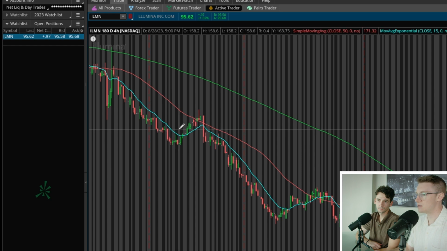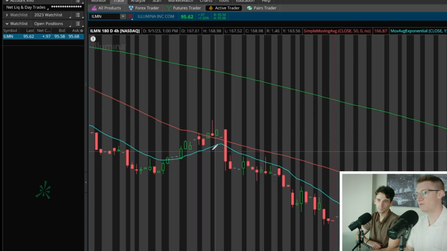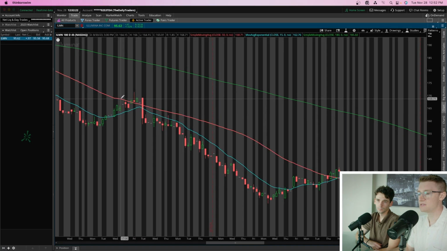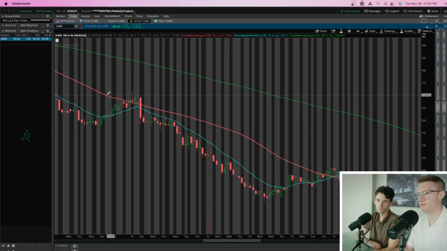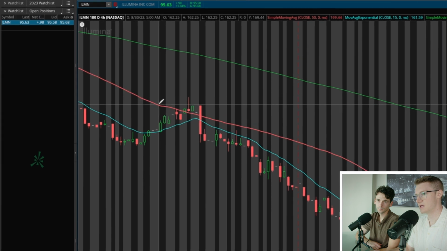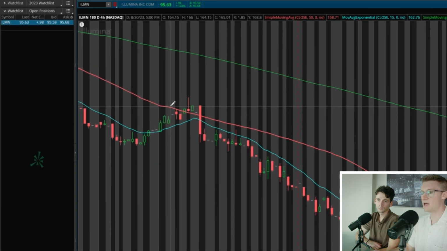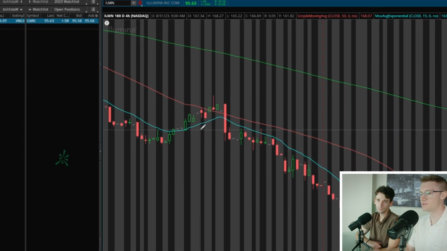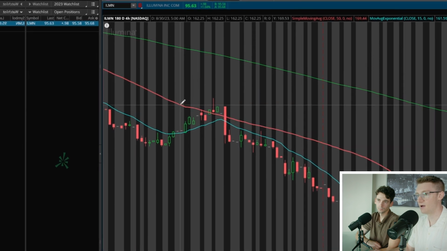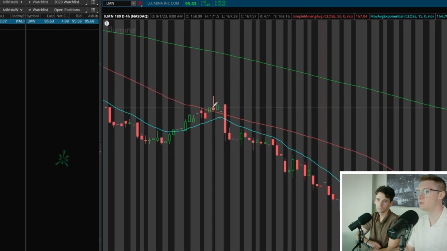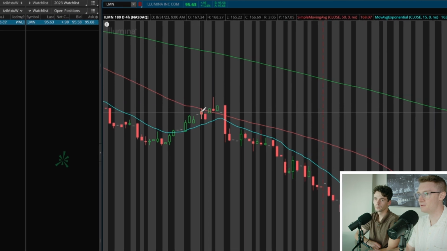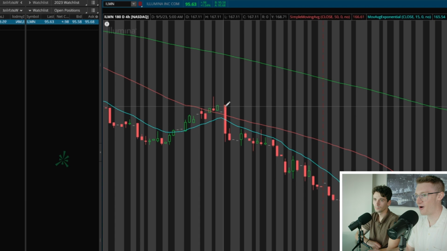You'll very rarely see the market or whatever stock you're looking at perfectly touch an area of, in this case, resistance. Say the 50 day is acting as resistance. In this case, it is. Well, the market rarely hits that level and then bounces off of it exactly at that point. It normally probes that area. People get shaken out the second we break above the 50 day, and then you can see that hard retracement,